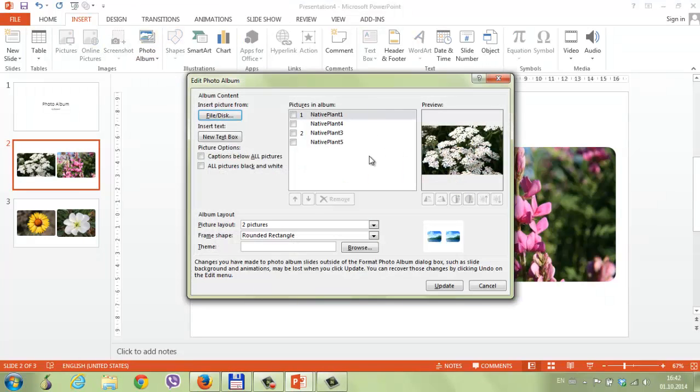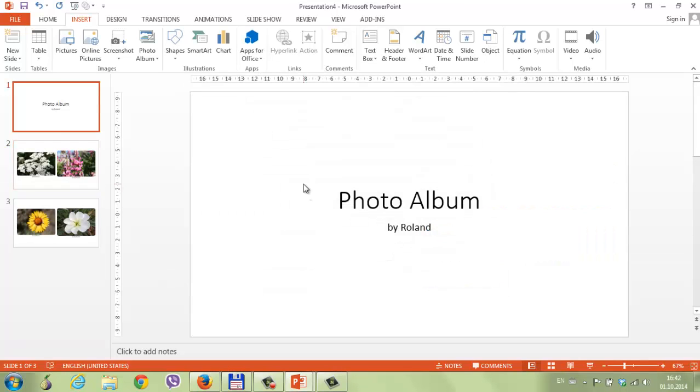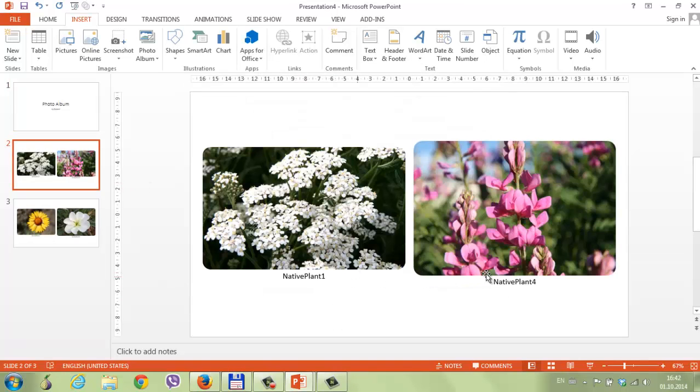Edit photo album. We can add captions below all pictures or make all pictures black and white. Let's do the captions and update it. Native plan 1, native plan. Great, it looks good. And on this slide number 2,